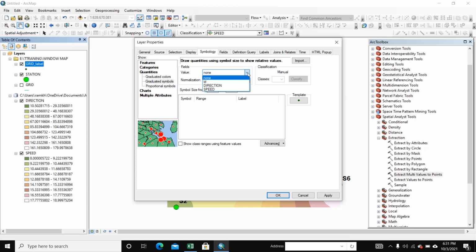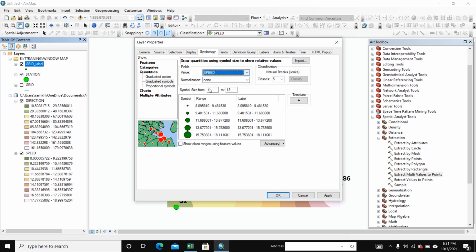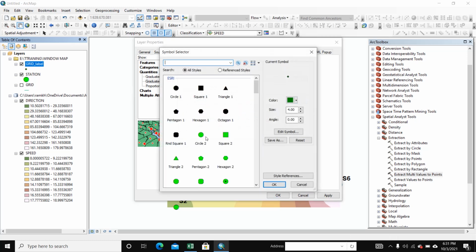We select here speed and we select here classes 4 and select here symbol. We select here its symbol and go to edit symbol.